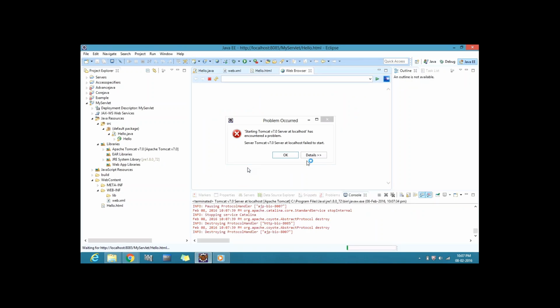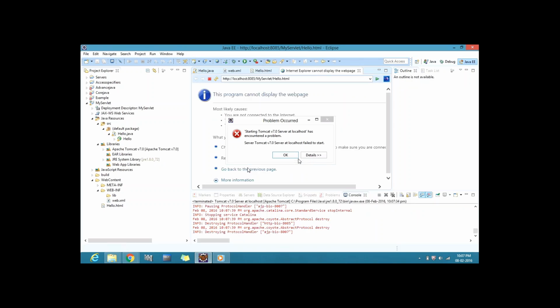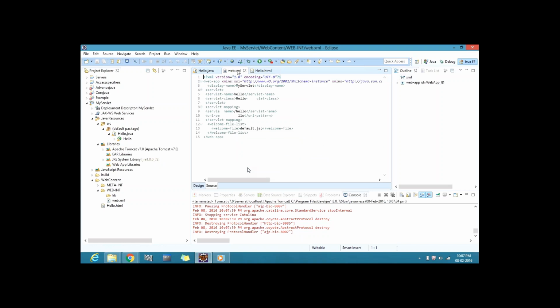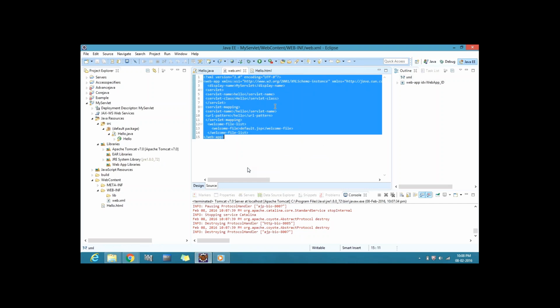So you do one thing. Close it. Close it. And go to web.xml. There are two programs, right? Double click on web.xml. Okay, copy this all. Select Control A and copy. Sir, and delete this. Right click on the web.xml.